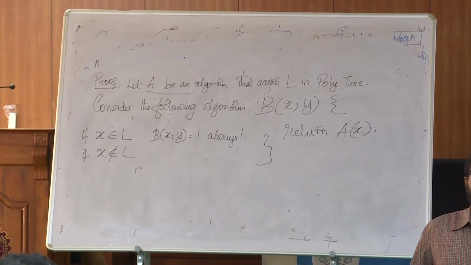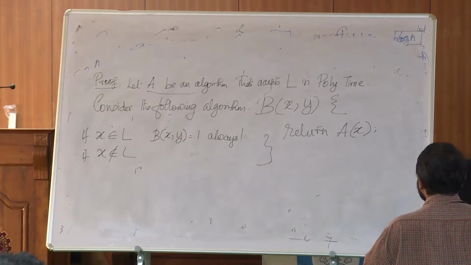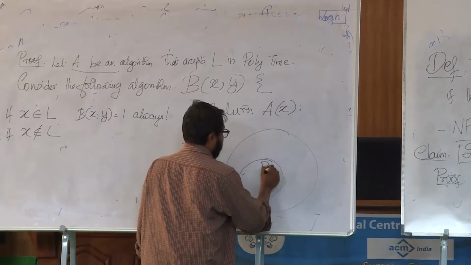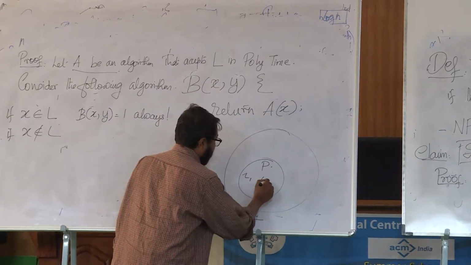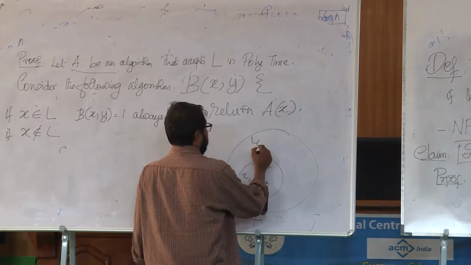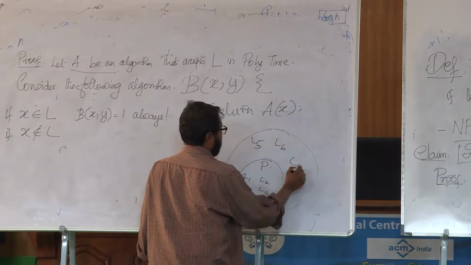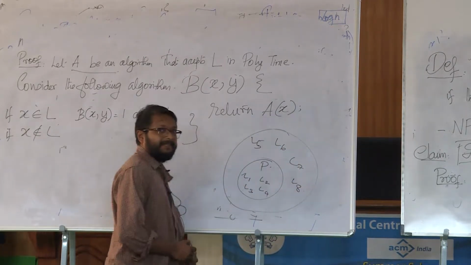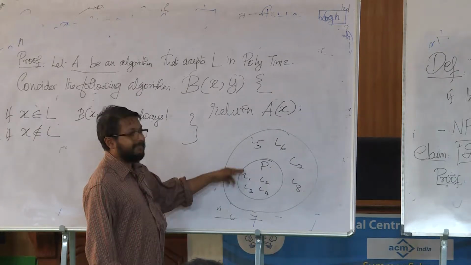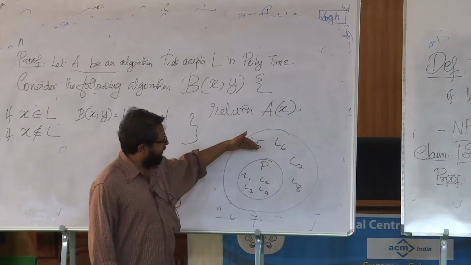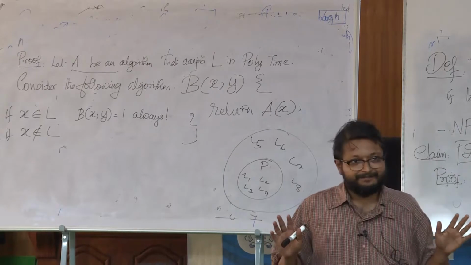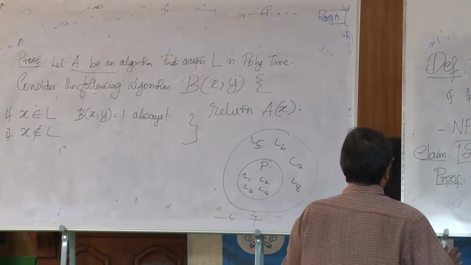So what is the consequence of this? See, if you look at the world of all problems, now these are the languages in polynomial time. So there are several languages, L2, L3, L4, etc. here. There could be somebody here, L5, L6, L7, L8, etc. here. Now, one thing is clear, anybody here, this is a larger class. Now, whether these people can be brought here is open. That's an open question. Nobody knows. So that is the P not equal to NP problem.